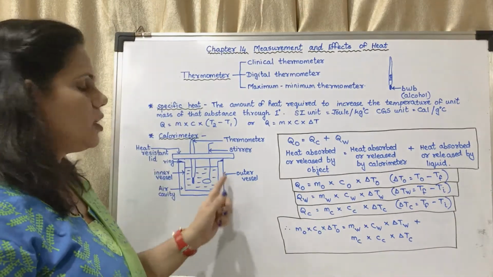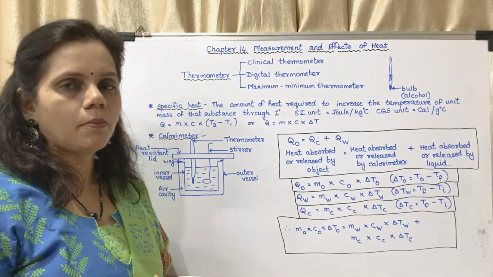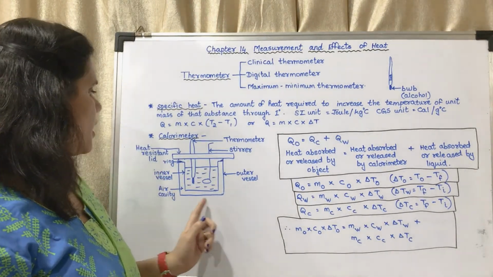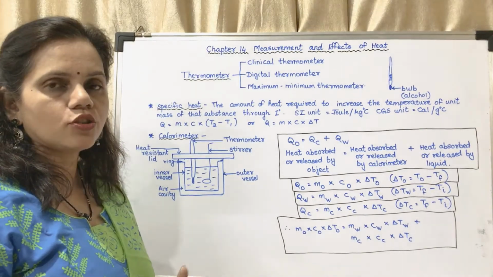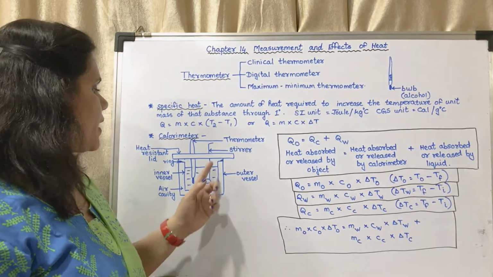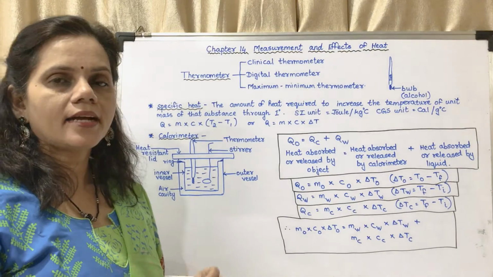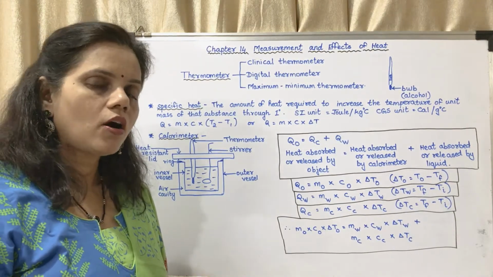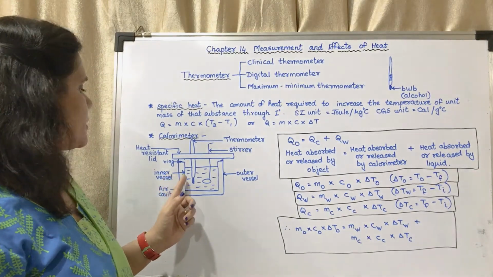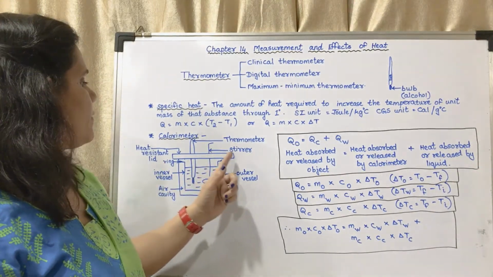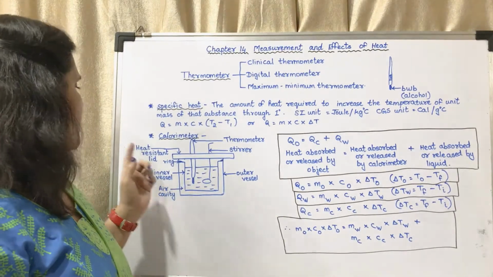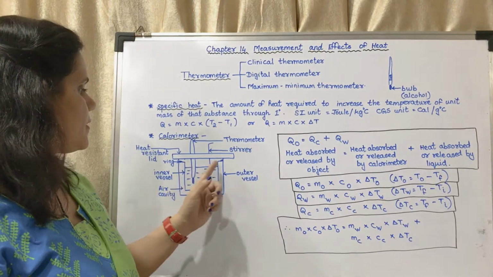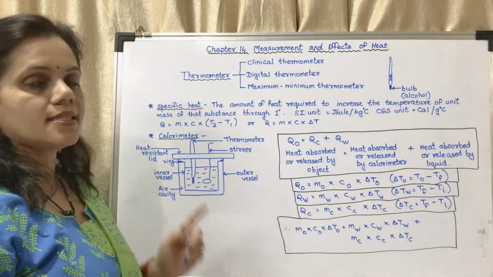A calorimeter is a double walled structure. There is an outer box and an inner vessel. The outer box, the outer vessel, could be made up of wood. Then there is a vessel inside, made up of copper, so it is also called a copper calorimeter. This is the inner vessel. It has a lid. The lid is heat resistant, and the inner vessel has heat resistant rings.